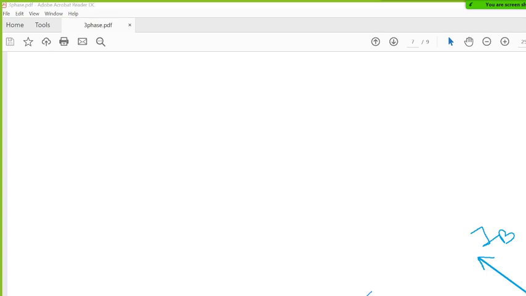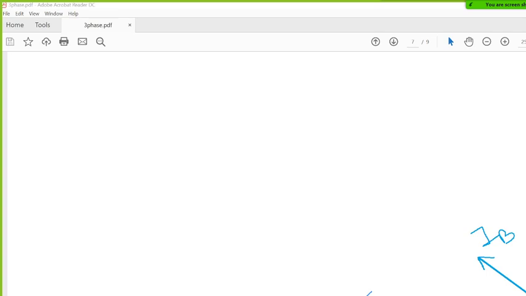Let me remove it for your reference. See the entire diagram. See all the lines. If any line you do not understand, ask me. This drawing is as usual not good. Any book you are following, you will find a better drawing. But this is the way to understand it.